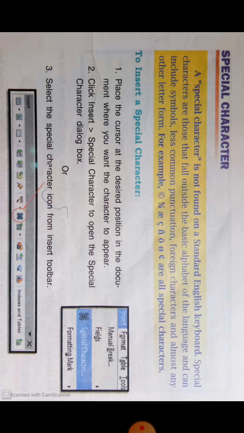Step 2: Click on Insert and then Special Character to open the Special Character dialog box. Or you can select the special character icon from the Insert toolbar. Select the character and then click OK.